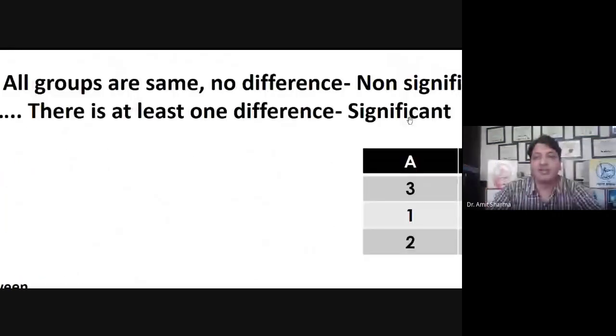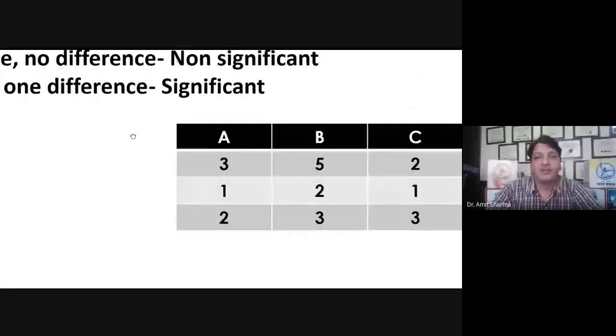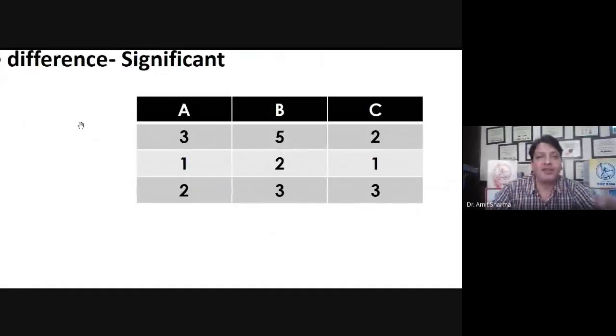So the test is significant. To justify, I'm taking a very small example so that we can calculate the mean and the standard deviation very easily. Three groups I have made. As I told you, we enrolled 10 students in the class, but forget that example. Now come to this one, where we are taking 3 students in each group. That means group A has 3 students, group B has 3 students, and group C has 3 students.